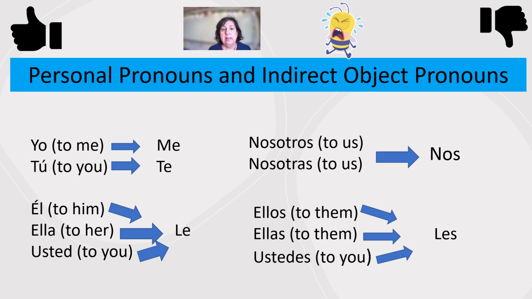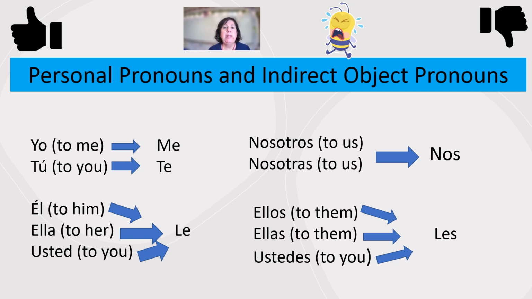For él, ella, and usted, that would be pleasing to him, pleasing to her, or pleasing to you. It would be le. So they all share the le. And then for nosotros and nosotras, which is to us, whether it's female or male groups, then it will be nos. And then the last set of plural